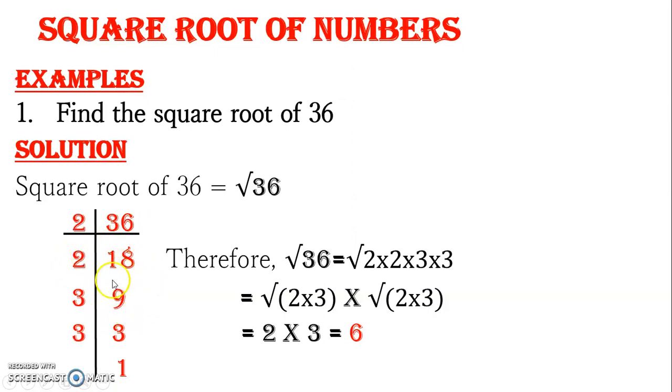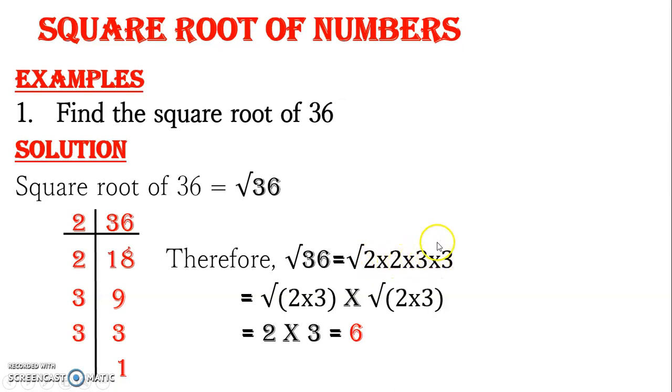Now what can go into 9 without a remainder? 3 goes into 9, we get 3. What can go into 3 without a remainder? 3 goes into 3, and we get 1. When you get 1, it means you are done getting all the factors of that number. The factors of 36 are 2, 2, 3, and 3. So therefore, the square root of 36 will be equal to the square root of 2 times 2